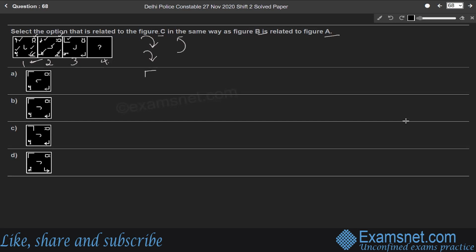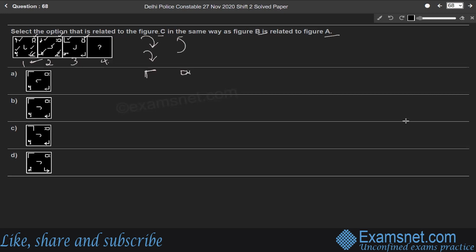So the upper left corner becomes like this when it is flipped upside down. Then the shape in the upper right corner is rotated by 90 degrees. So this shape, when it is rotated by 90 degrees in clockwise direction, becomes like this,